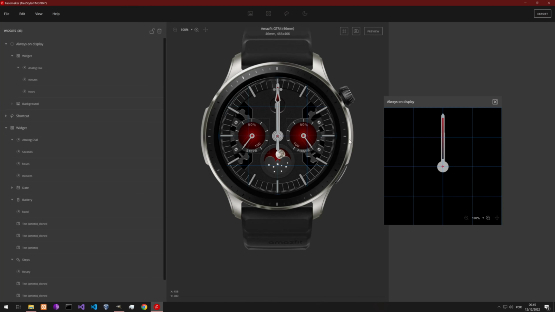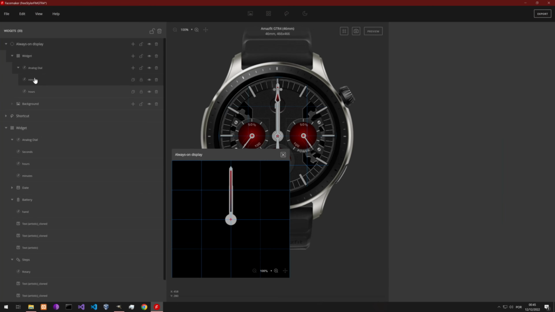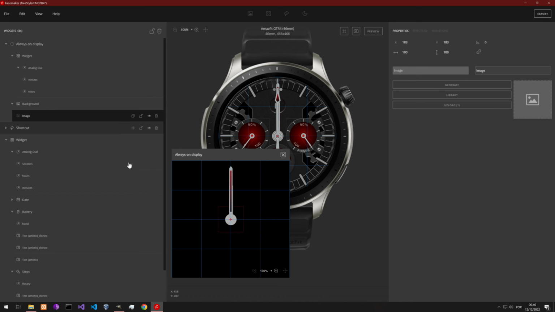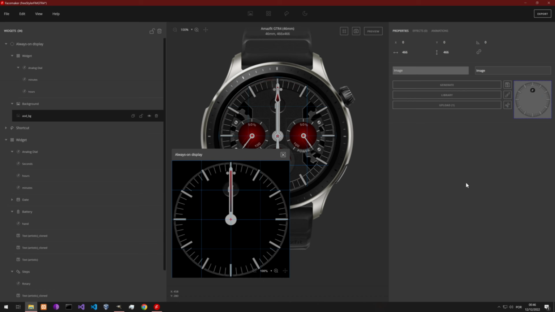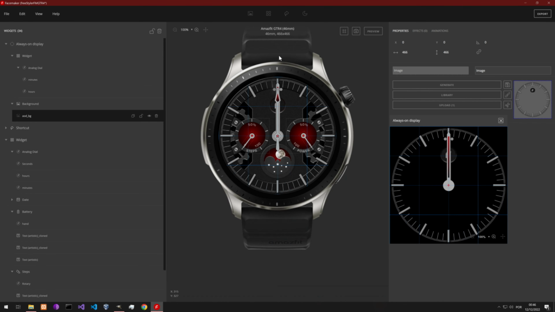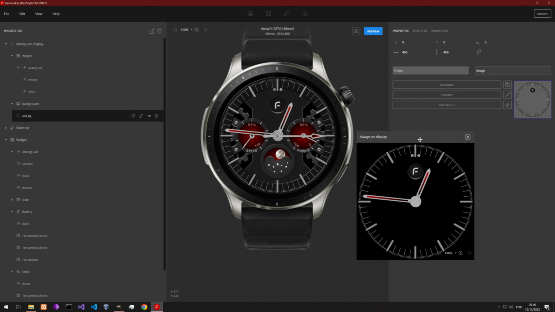Let's go back into Facemaker. On the background of the always on display, let's add an image. And now just simply drag and drop the image we just exported. And there you go. Let's hide the guidelines and press preview. And this will be the image on your